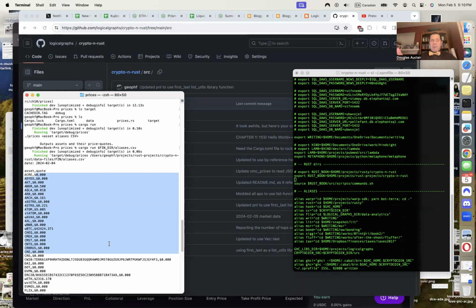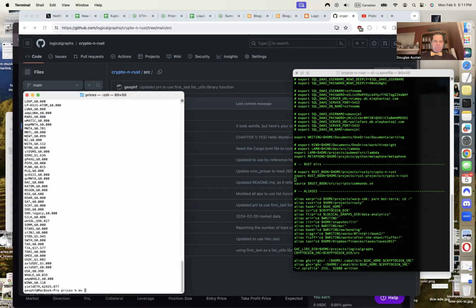If you want to check the Fin Marketplace data and you don't want to go through each and every order book, here you go. Here's a program that lets you do that. But that's fine if you want to CD into a directory and do a cargo run and all that. Why don't you just put the program